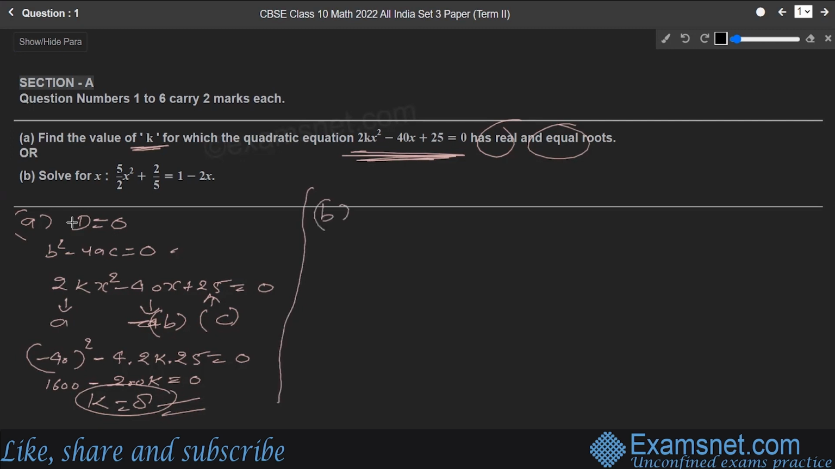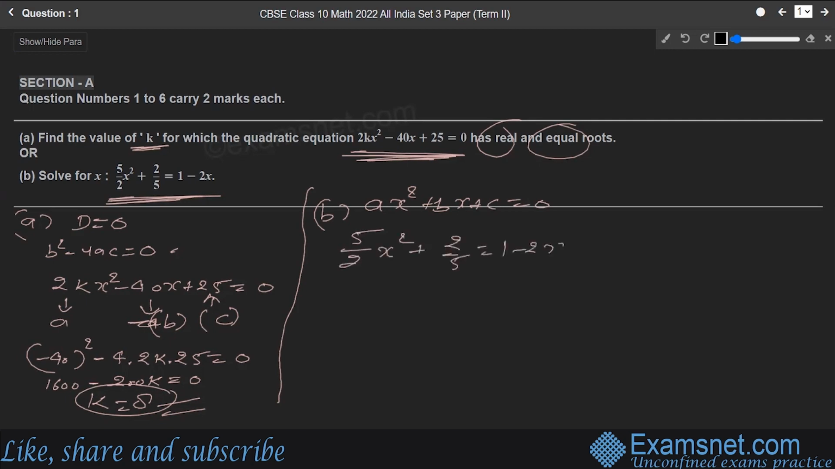They are saying solve for x. That is, there is an equation given. We are supposed to solve the equation. First of all, we'll bring this particular equation in the standard form. The standard form is ax² + bx + c = 0. Our equation that is given to us is 5/2 x² + 2/5 is equal to